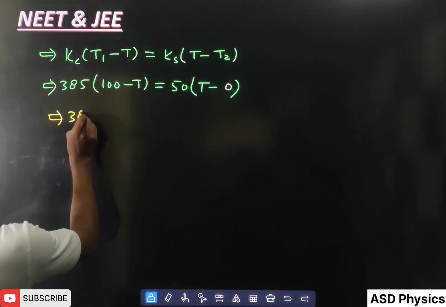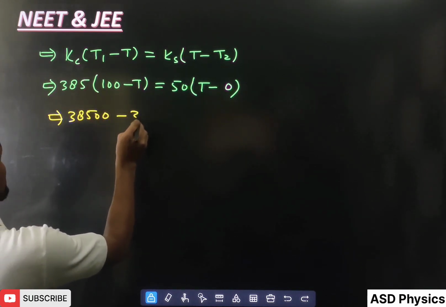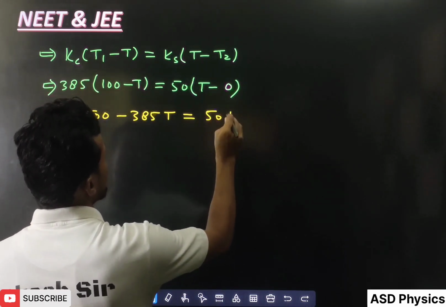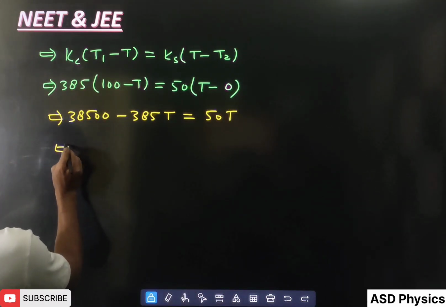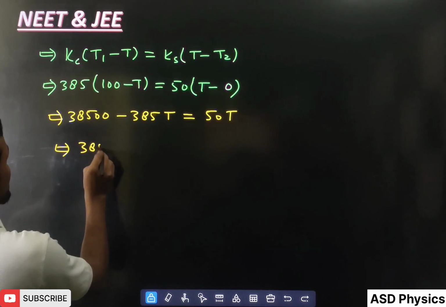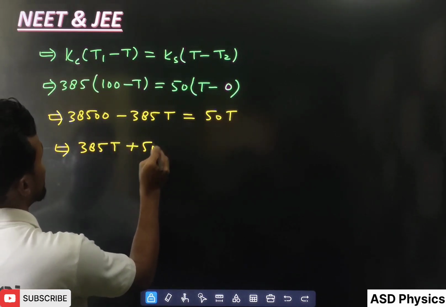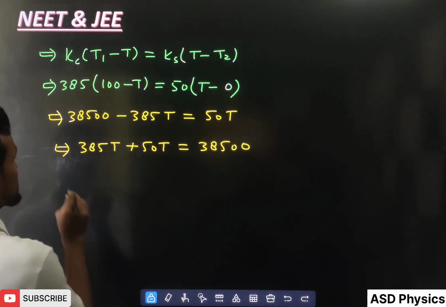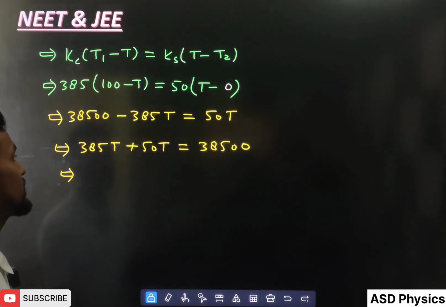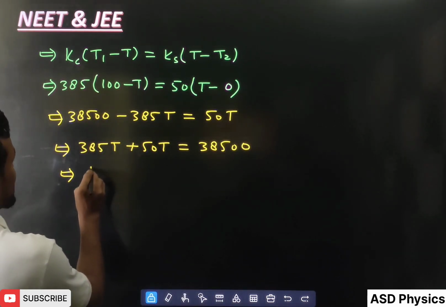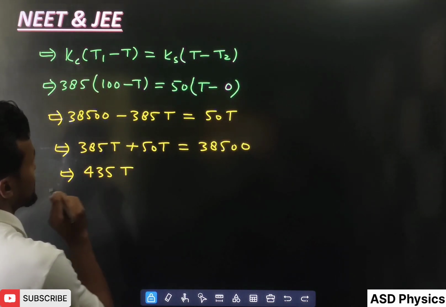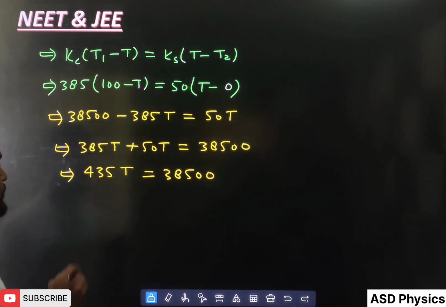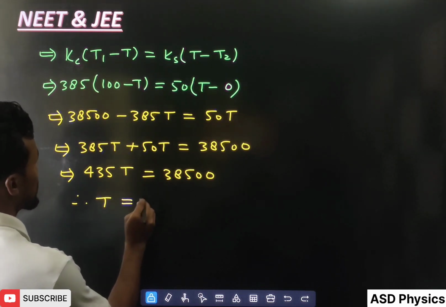So we can write here, see, 38500 minus 385T is equal to 50T. Is it? After that I can write here, see, 385T plus 50T is equal to 38500. Is it? So now if I write here 385 plus 50T means I can write here 435T, correct, is equal to 38500. Is it? So hence if I write here the temperature of the junction,